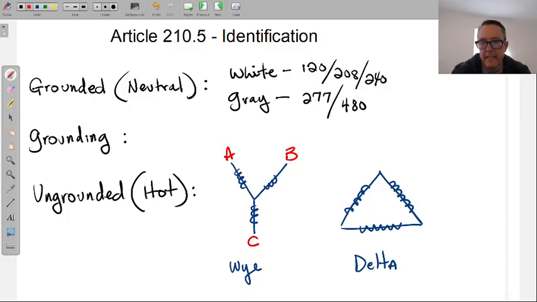This one is connected in parallel. Sorry, I stumbled there for a second. The Y is connected in parallel. This means they're independent of each other. And the delta 3 phases are connected in series. They're a series connected transformer. It's the only two ways that you can connect anything